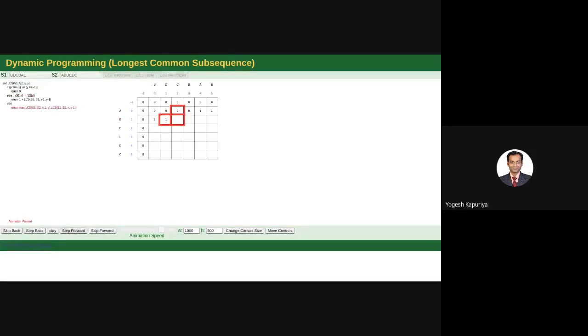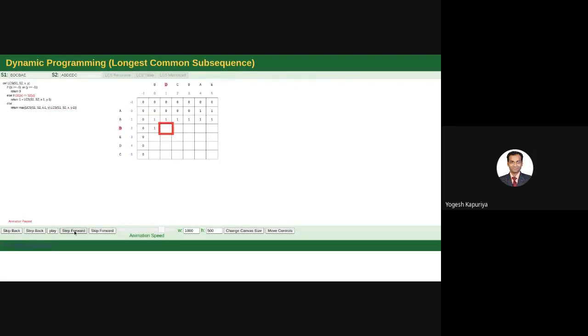What will be the value? 1. Then B and B match, so see the diagonal 0 plus 1, so 1. Then A and B no match, both are the same, so 1. E and B no match, both are the same, so 1. Next B and D no match, so look at both values, and 1 is the maximum, so you write 1.